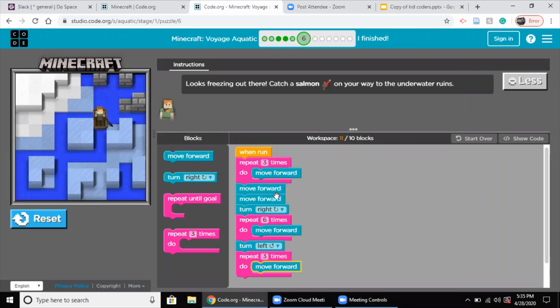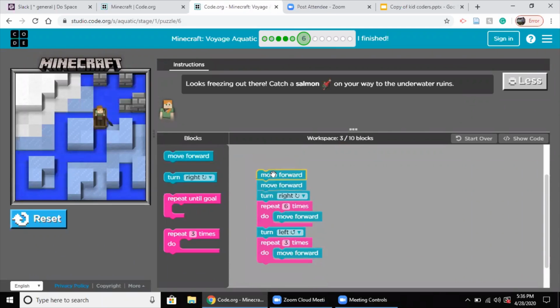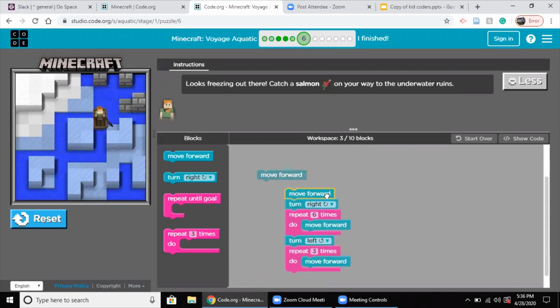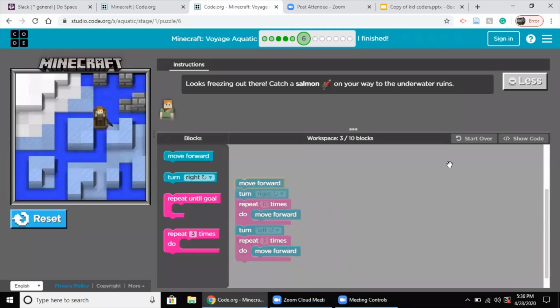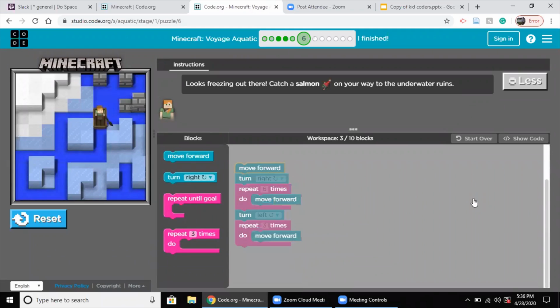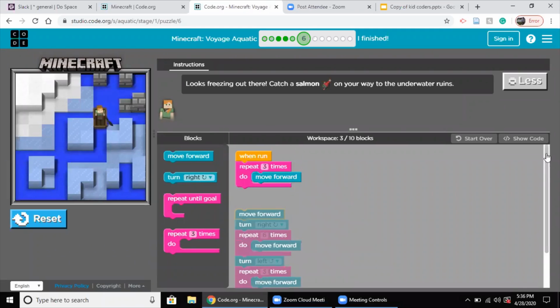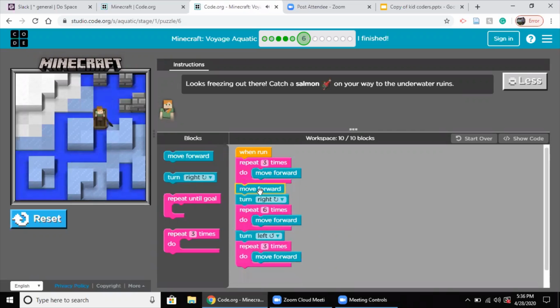Please let me know if it is working for you guys. I don't need this move forward. I think one of this is extra. So you can drag it and change. You can detach them from each other and then you can join it. Like I'm going to, so you just have to keep your mouse and keep dragging and this will work for you. Like this. Okay. So this is my code